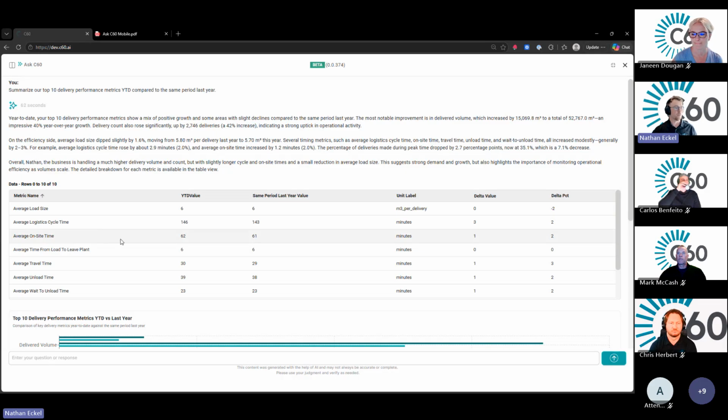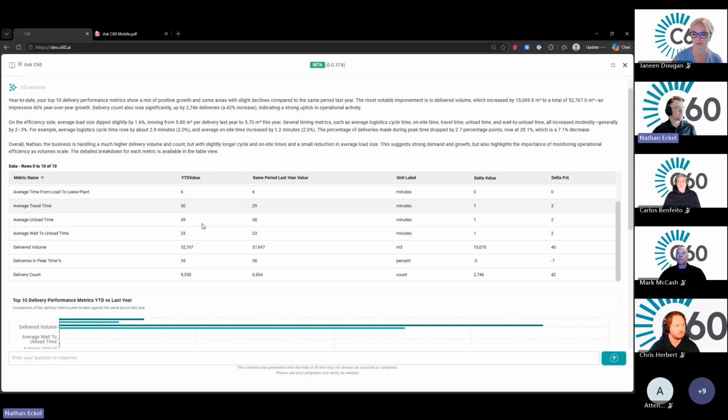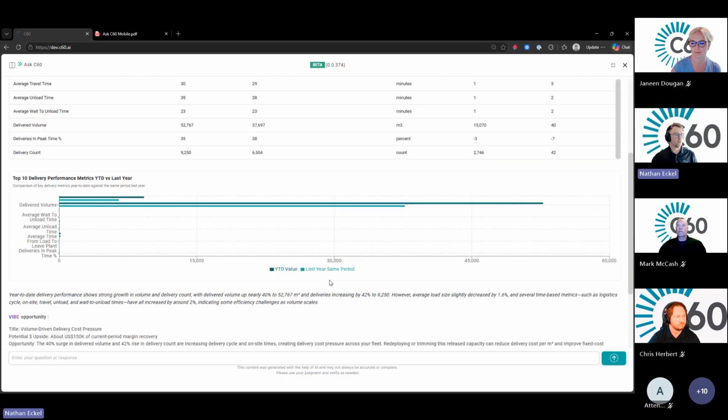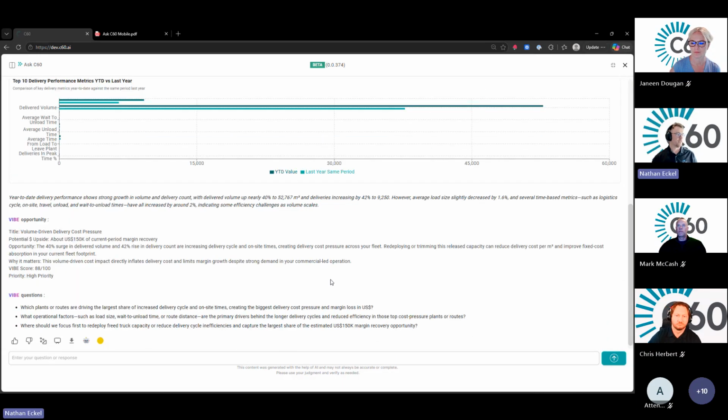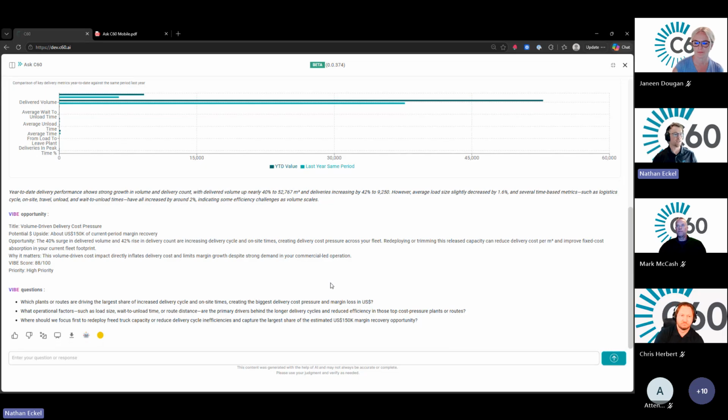And again, in the table with the data that is provided and how it calculated those metrics, you now have the ability to see how that looks from the different metrics that are provided. What I want to do with this question now is look at the vibe opportunities and vibe questions and go the route that Carlos had mentioned, as I can continue to ask questions that the AI is coming up with. But if I want to be a little bit more targeted in my questions, I might use these vibe questions purely as a guide